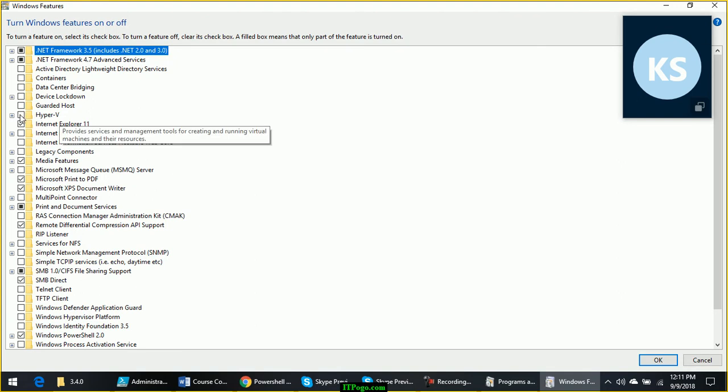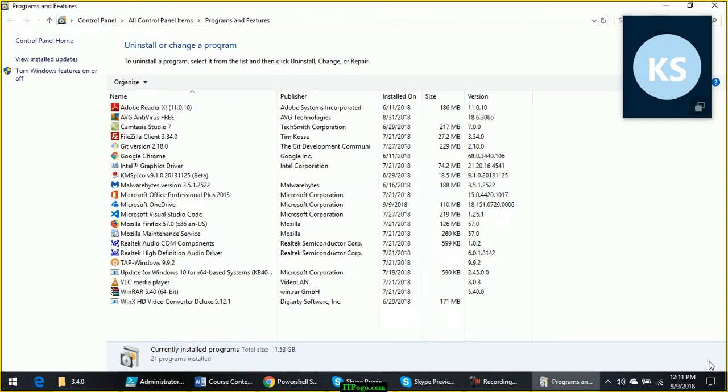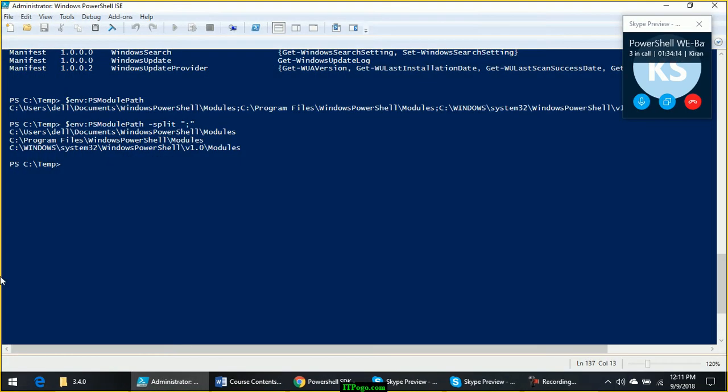Now when I select Hyper-V here and finish this wizard, Hyper-V will install its module files under one of these folders, or if it is installing in a different folder, it will update this variable $env:PSModulePath with the path where Hyper-V related modules are installed. Got it? And after that, when you run Get-Module -ListAvailable, you will be able to see Hyper-V modules also listed in the results.